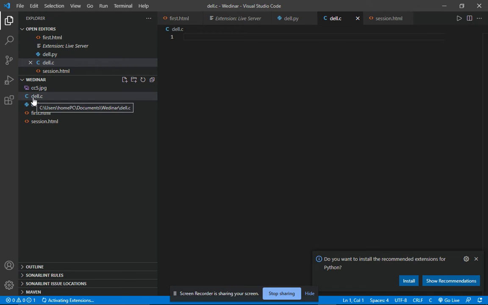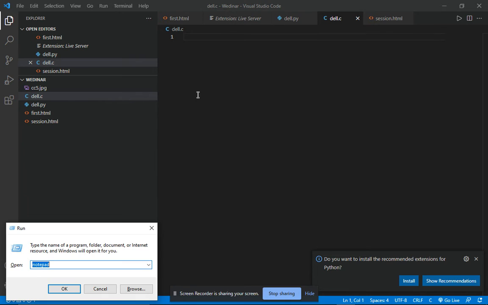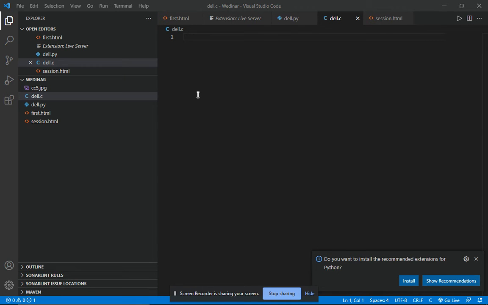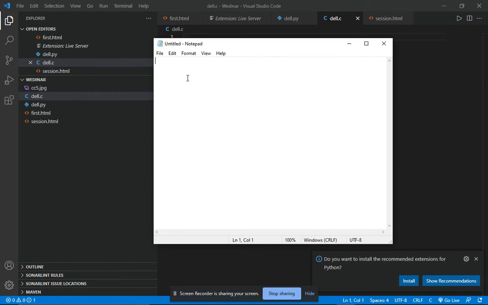So this is the ability provided by our VS Code, but Notepad will not provide any functionality like this. Like if I want to save any file, it doesn't provide any such functionality. I just write this is a file, and I just save it. Just a minute, it will be saved.